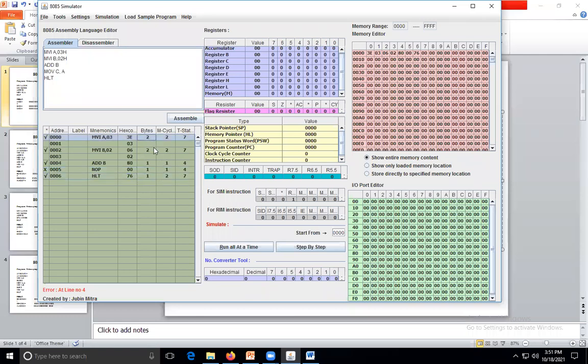This shows how many bytes the instruction has, how many machine cycles are needed to execute that instruction, and last are the t-states, how many t-states are required to execute this type of instruction. Okay, so we will discuss how to assemble and how to get the output. Then we will go to the hex code after running the program. We will see the output, and then see what the use of that hex code is in 8085. So first, this is the assemble.